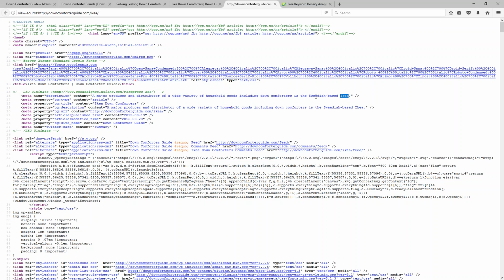And so this word is now associated with this word. I'm also talking about them producing and distributing these household goods, even more words that could potentially be considered semantic, all relating back to IKEA.